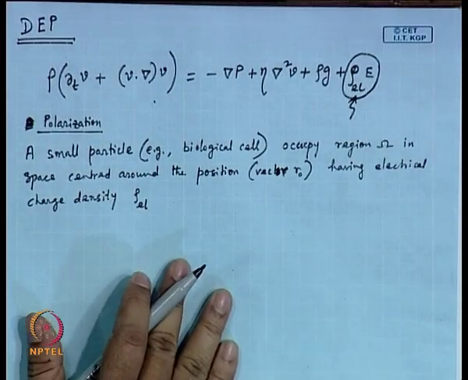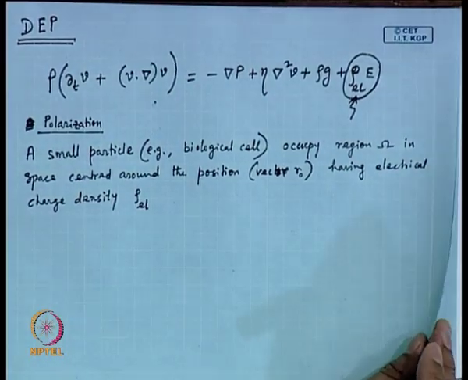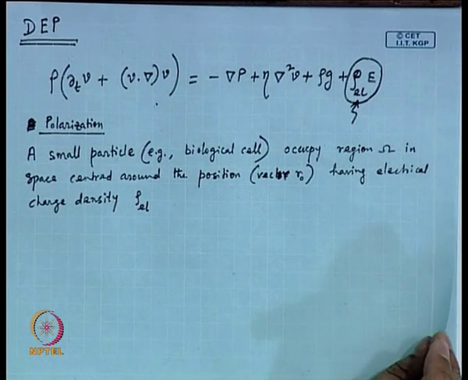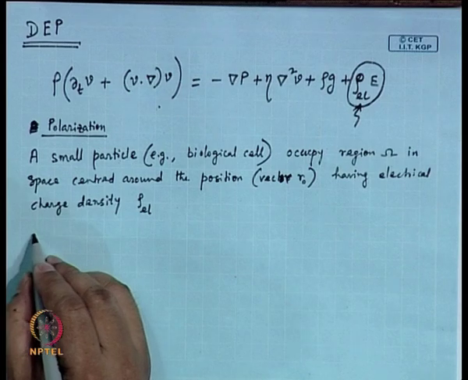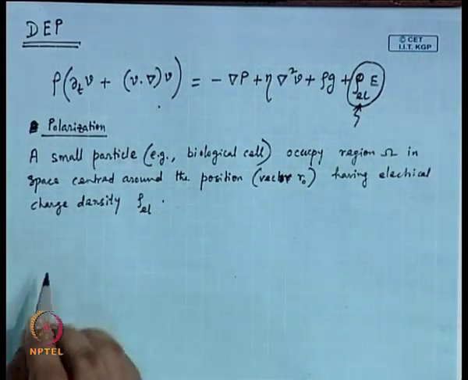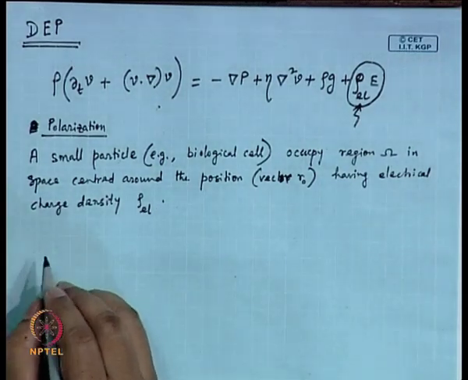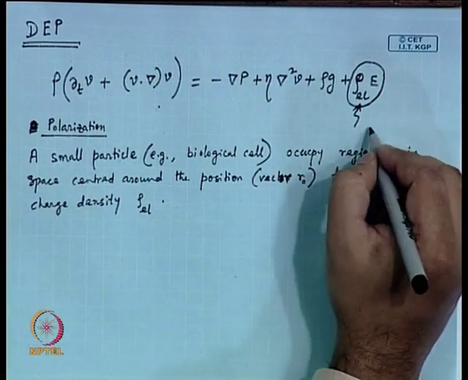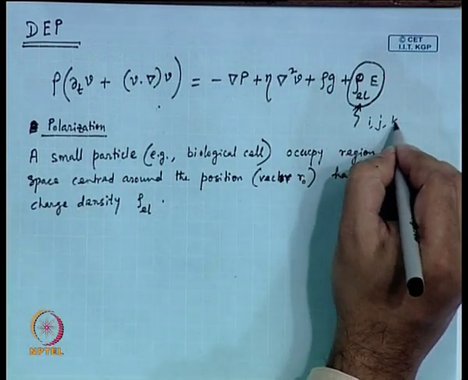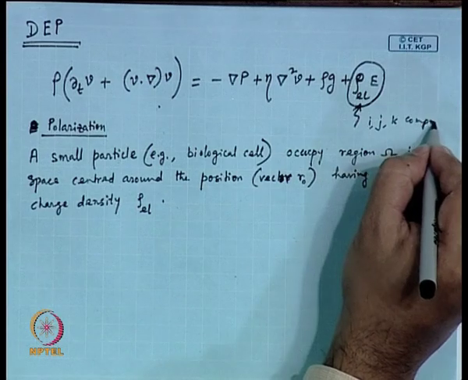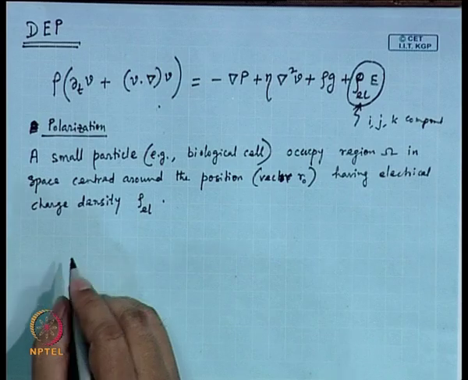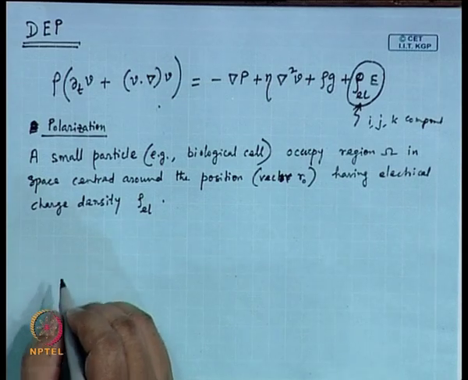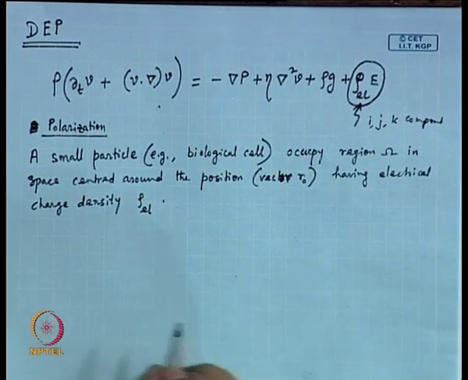Now, if we try to look at this body force term, it will have i, j, k components. And if somebody wants to write this body force term, it would be like